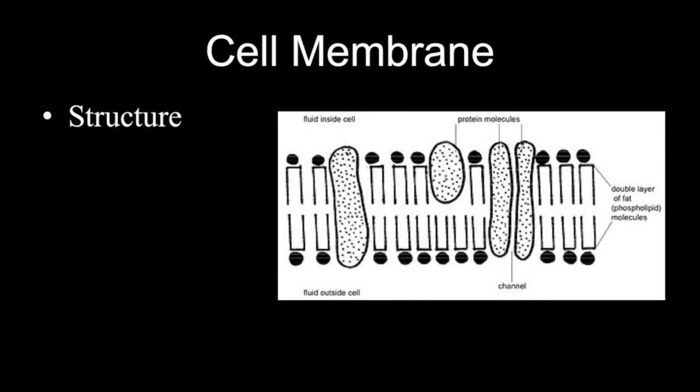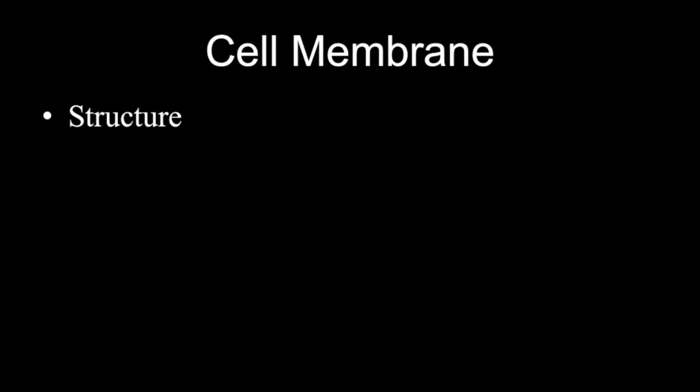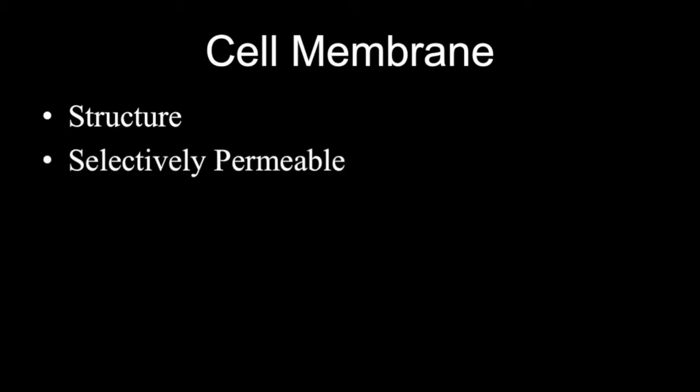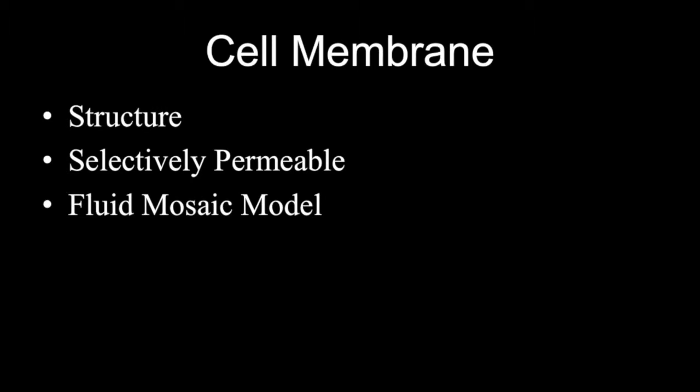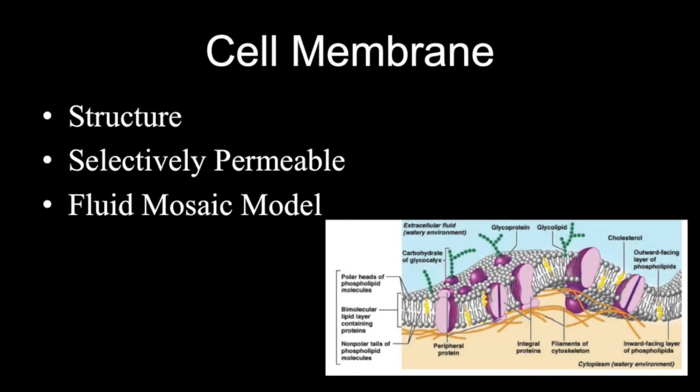The cell membrane isn't rigid like eggshells, but is more fluid like bubbles. They are selectively permeable, which allows specific selected items into and out of the cell with the protein tunnels. In 1972, the fluid mosaic model was discovered. It's a model of the structure of the membrane, including the hydrophilic and hydrophobic heads, protein channels, carbohydrate chains, and